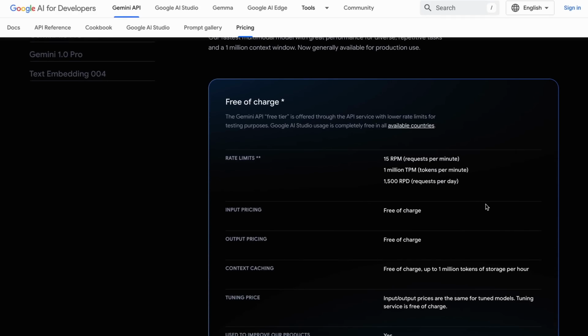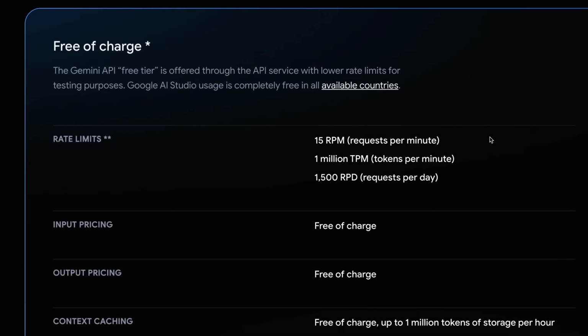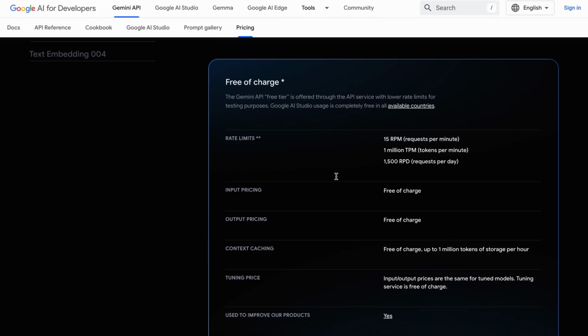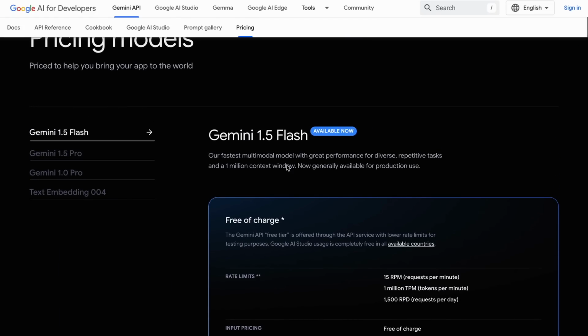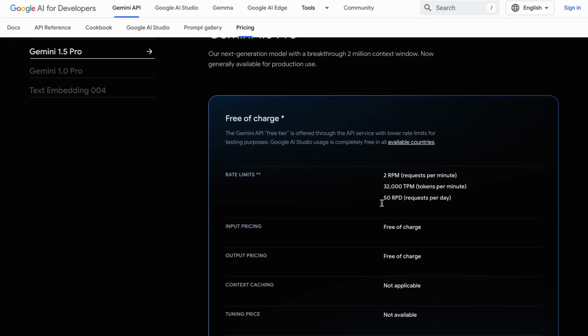Google's Gemini models have a really good free tier, although with some rate limits. Especially, the Gemini Flash model offers a solid free tier where you can get about 15 requests per minute, with 1 million tokens per minute, and overall you can make about 1,500 requests per day, all for free, which is pretty amazing. Gemini Pro also has a free tier, but the rate limits for it are quite high,